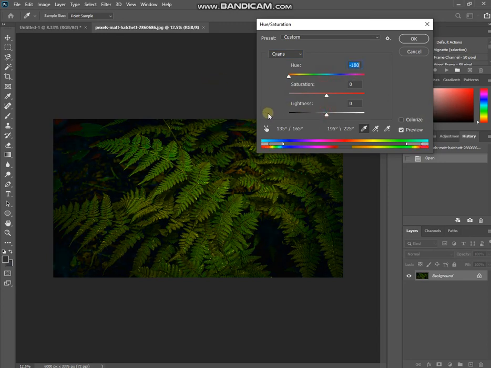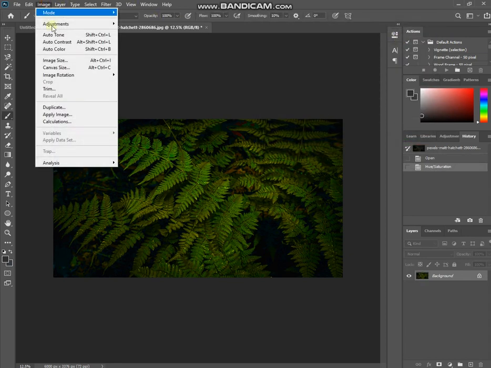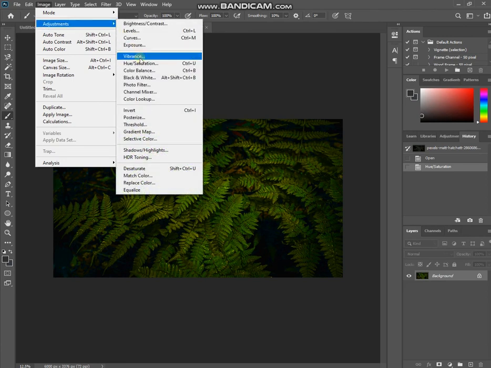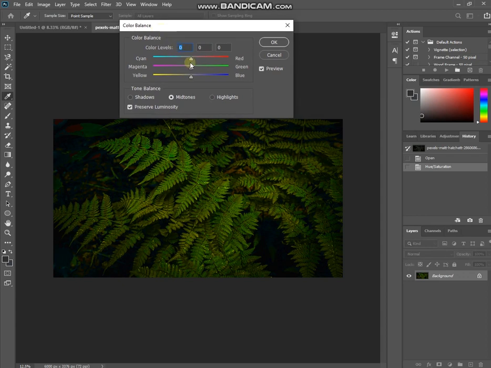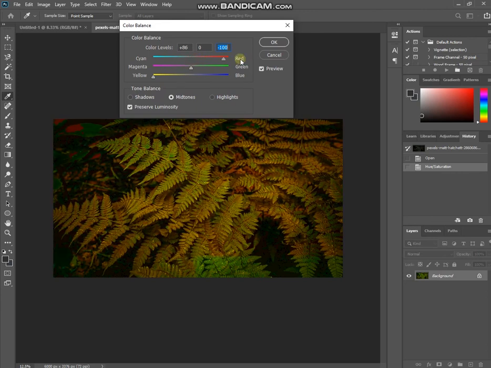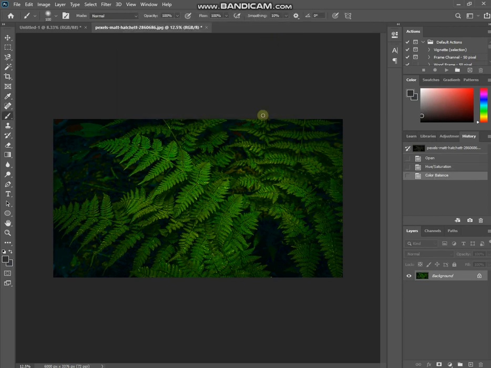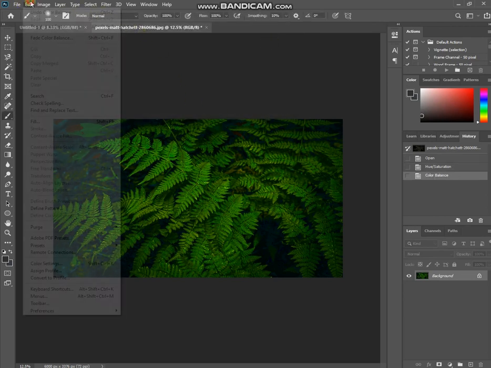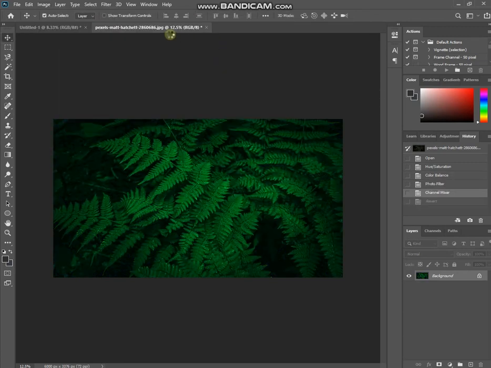Next over here is hue and saturation. By using this option you can do color grading. This option is mainly used for doing color grading. You can change it according to your need. There are a lot of options, but basically if you are doing a whole image, color grading masters is best. Over here you can change the colors. As I have changed it to the red color, you can see that I am changing the color of an image. There is a lot of yellow and green color in this image, so I am changing the yellow color,